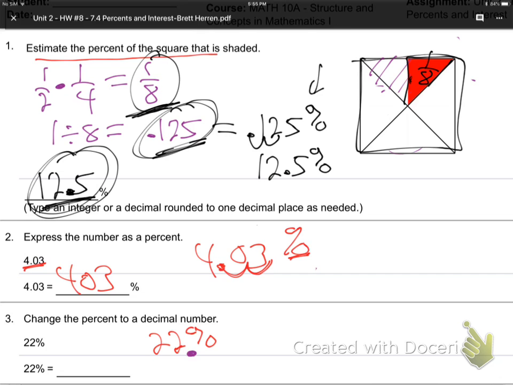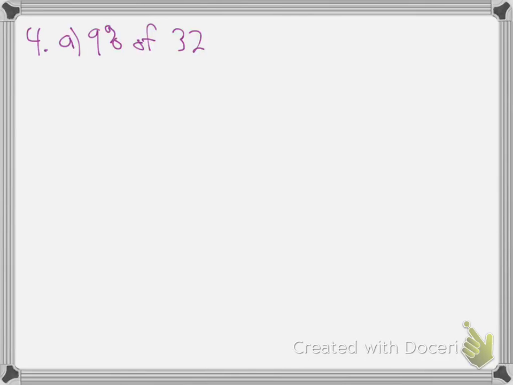Now, they want me to take the percentage off. So when you take it off, it's going to go back 2 places. 0.22 is the decimal, which is the same as 22%. Okay, so on 4 part A, they want us to find 9% of 32. Let's just take it directly. 9%, change that to a decimal, 0.09, of means times